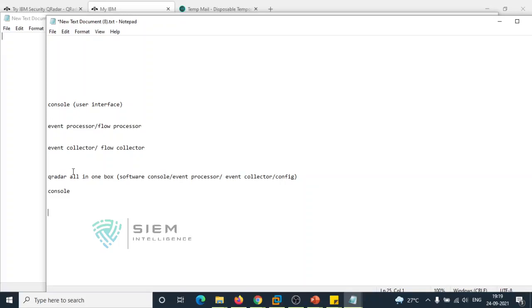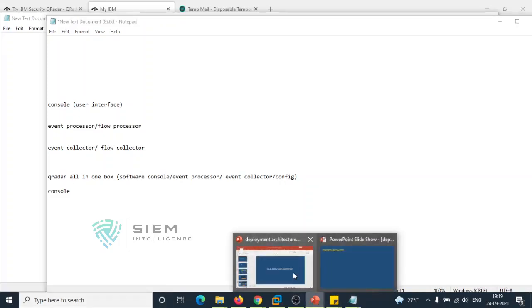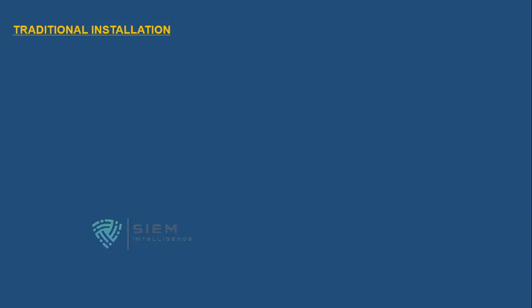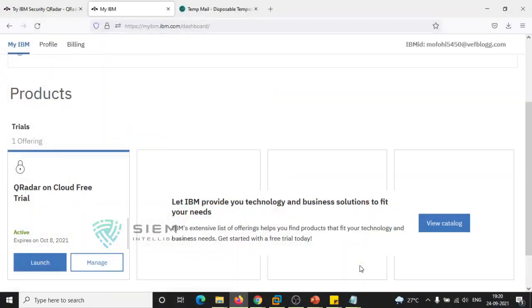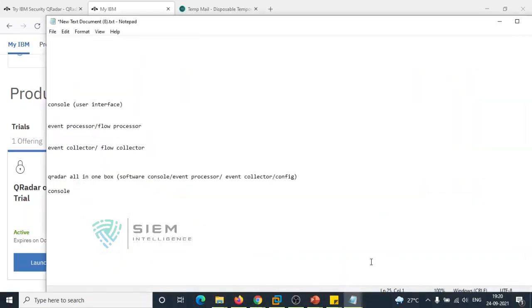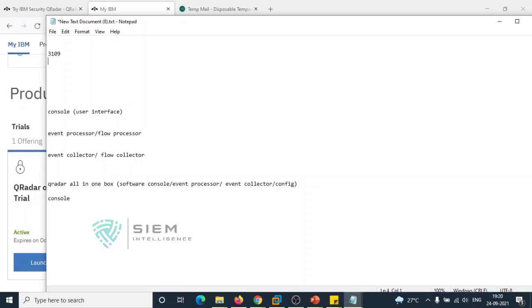Okay, so if you look at our traditional installation, where you can consider appliances, there are some default boxes, and they have some numbers. Say this is 3109 and 3149.